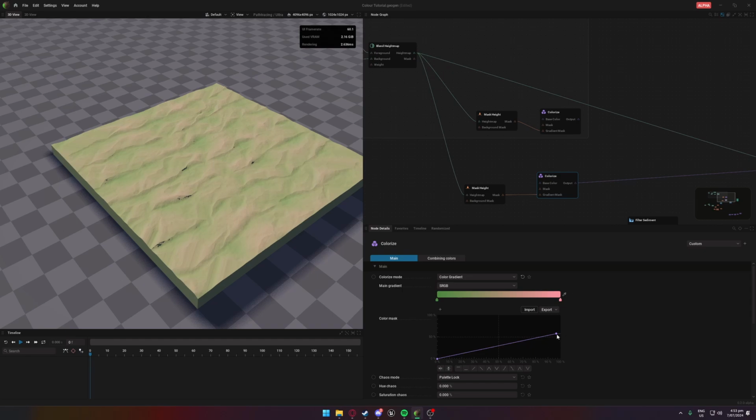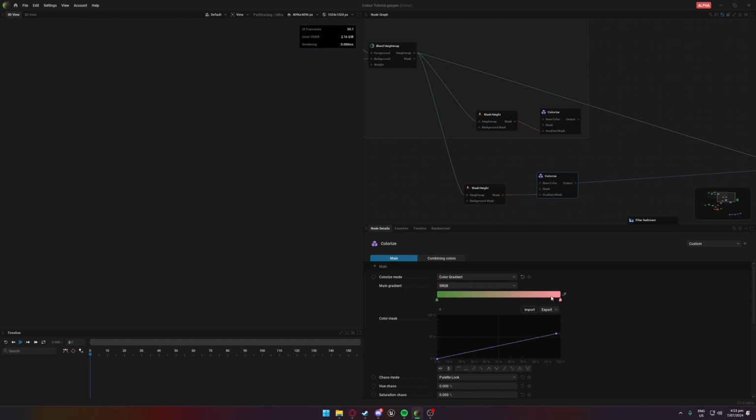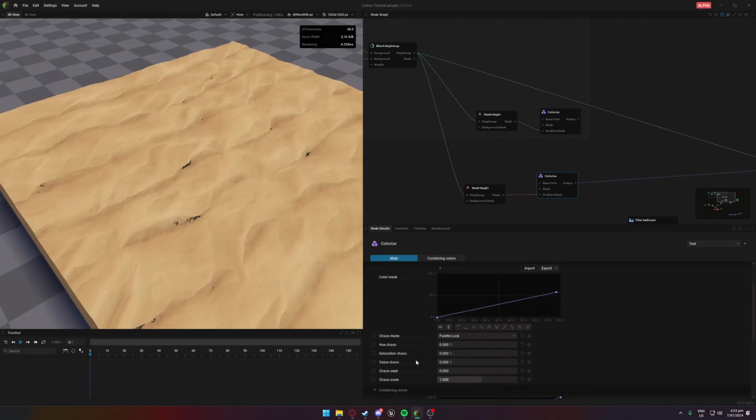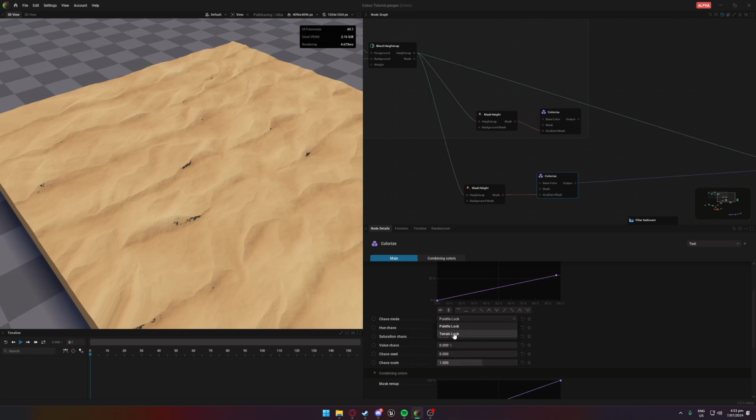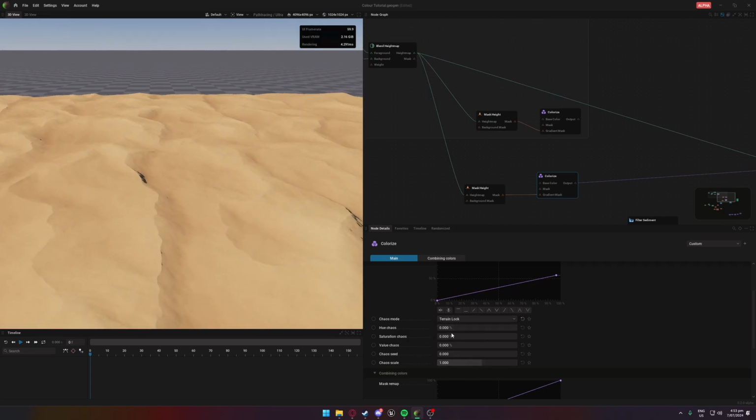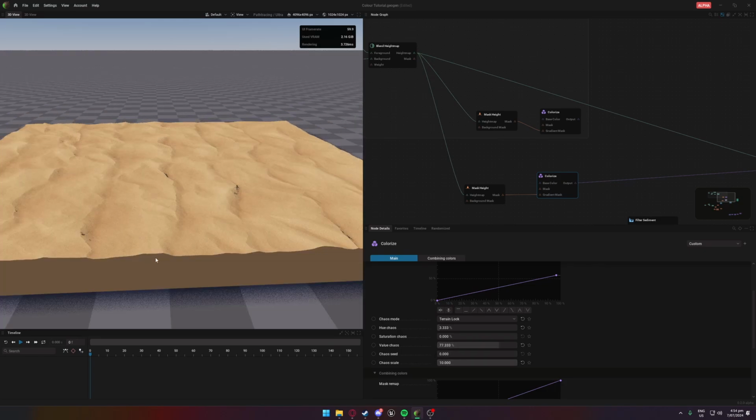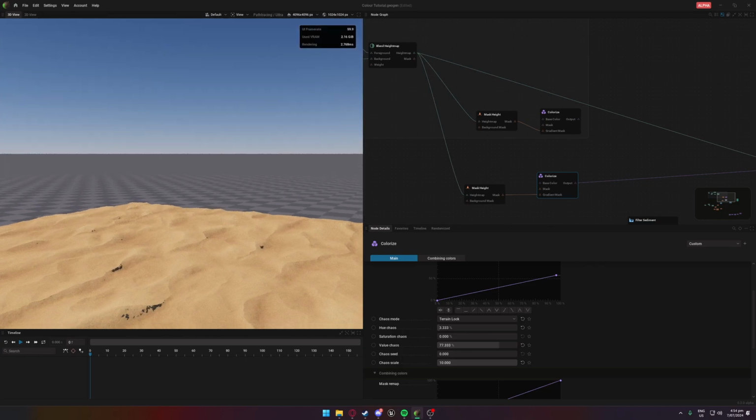You've also got special tools that are pretty helpful. For example, this chaos mode. And for example, if I do by terrain lock, and I increase, for example, the hue chaos a little bit, the value chaos I find pretty helpful. The scale as well can be great. If I increase the value just so it's a bit more obvious, you can sort of see how you can get a little bit of extra